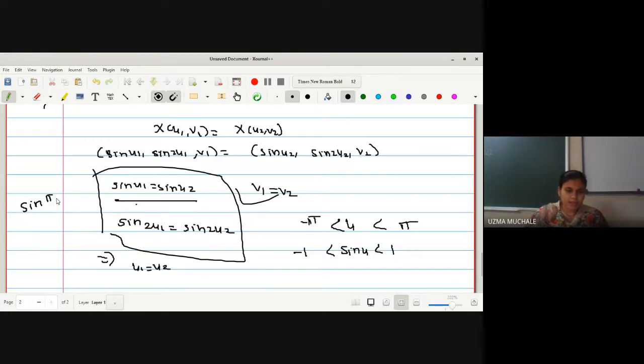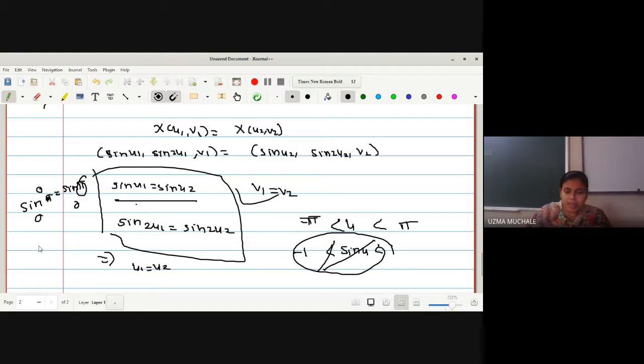Suppose I have sin pi here. Okay, sin pi is not there, no? Sin 0 is there, and suppose sin pi we have. Okay, sin 0 is 0, and sin pi is also 0, but pi is not in our domain, it is an open interval, correct? So this is not true. But in this domain, is it true that sine of some angle is equal to sine of some other angle, whether it implies that both angles are same? Just like here I have shown you sin 0 and sin pi, but pi is not in our domain, right?